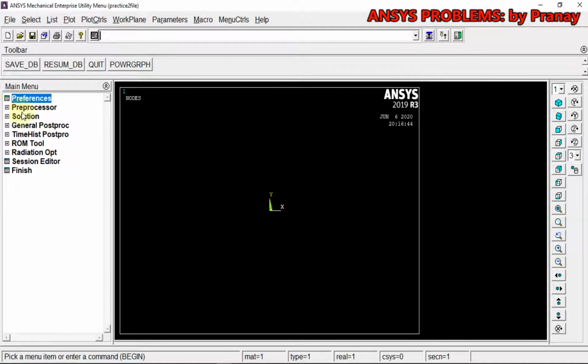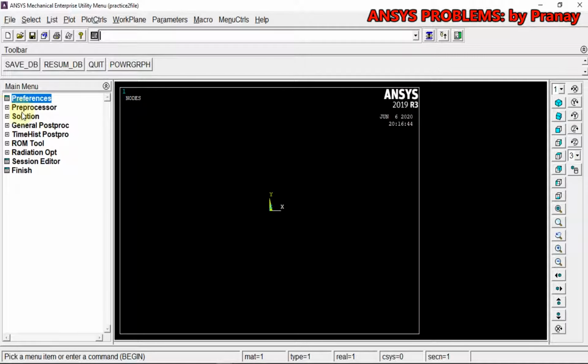Click OK, close this window, and we have defined the element type, the two areas, and the material property, which is one material for the whole bar. And now we are going for modeling.